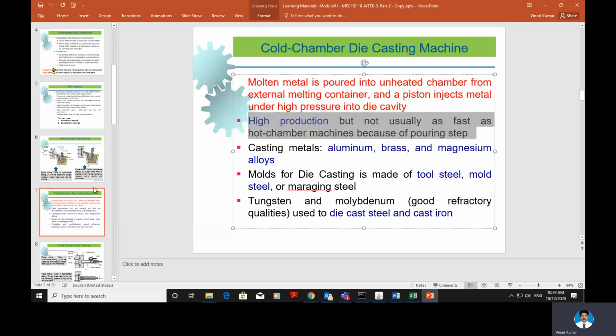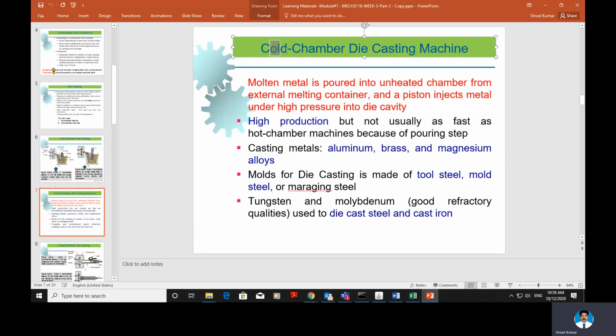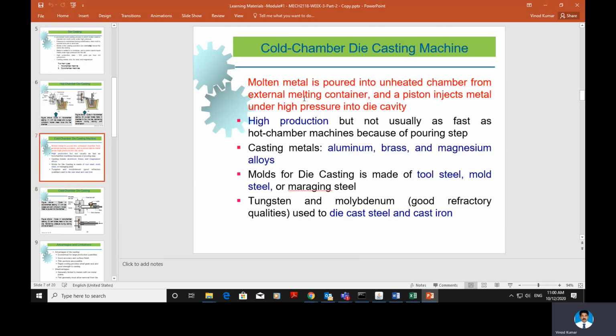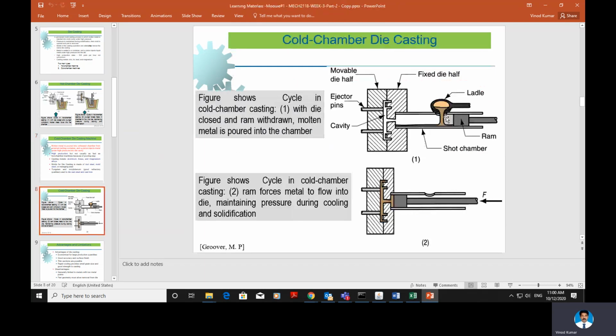Now we are going to talk about the cold chamber die casting method. In the cold chamber die casting method, the difference is that the molten metal is poured from a separate chamber into the system. Here you can see we have a fixed die and a movable die, and the molten metal is poured not from the system but from an external melting chamber. Then as the piston moves towards the chamber,